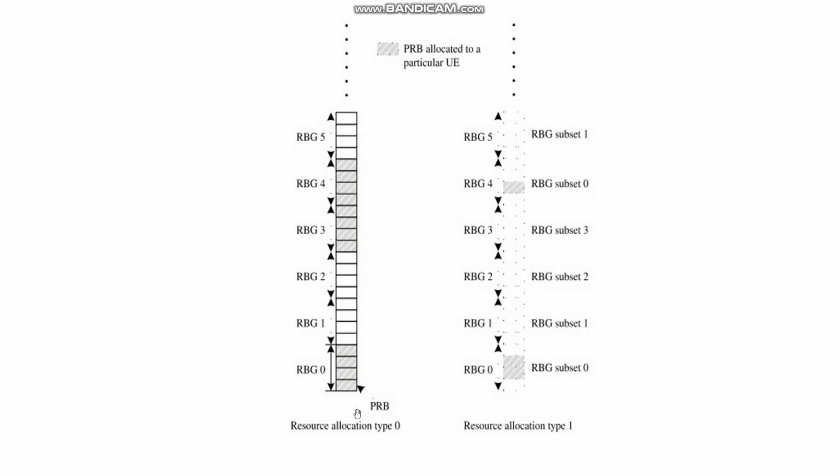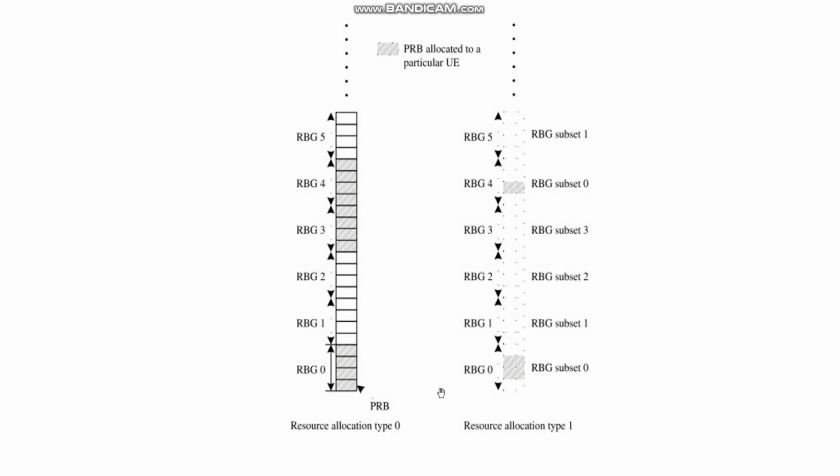And in resource allocation type 0, what you can observe is, there are continuous physical resource blocks allocated for particular user equipments. All these 4 resource blocks in resource block group 0, and all the 4 physical resource blocks in resource block group 3 and resource block group 4 are allocated to a single user. That is, continuous resource blocks are allocated, thereby assuring continuous subcarriers are allocated to a particular user equipment.